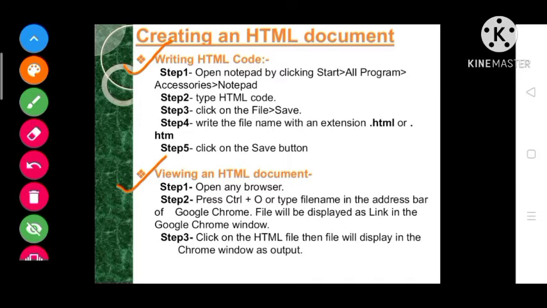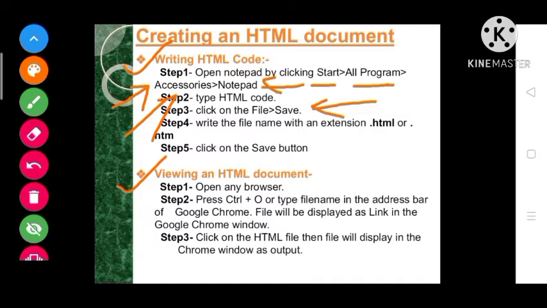So very first we should open Notepad, or we can open WordPad also. By clicking the start button, then select all programs, and afterward accessories, and then we have to click on the Notepad option. Understood? Afterward, type the HTML code from which we are going to create our web page. Afterward, click on the file menu and then click on the save button. Understood? And then one more dialog box will appear, named Save As dialog box.